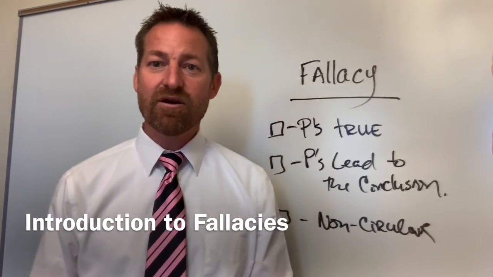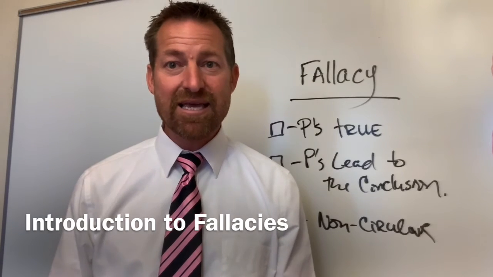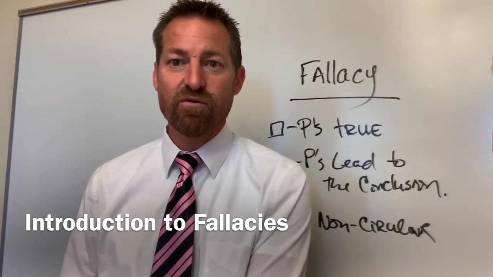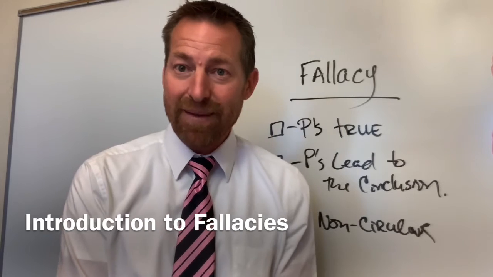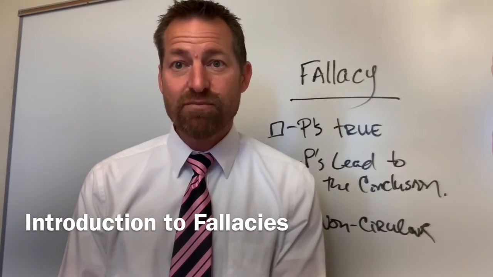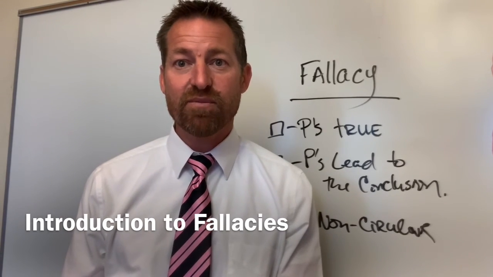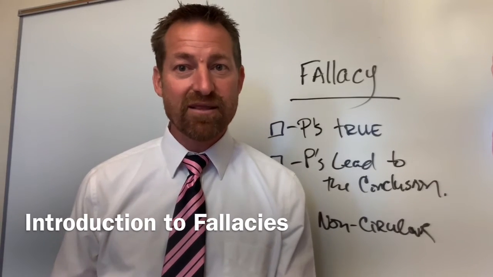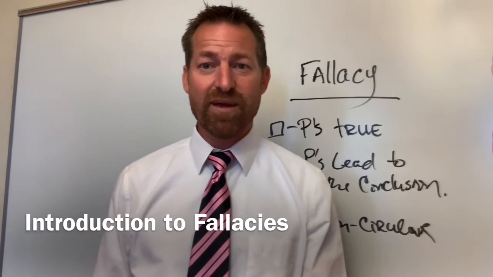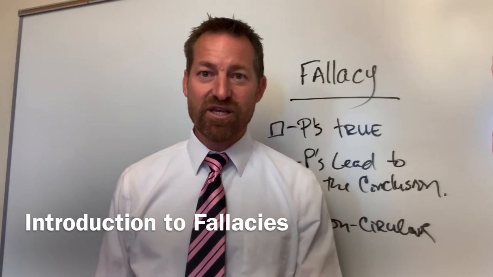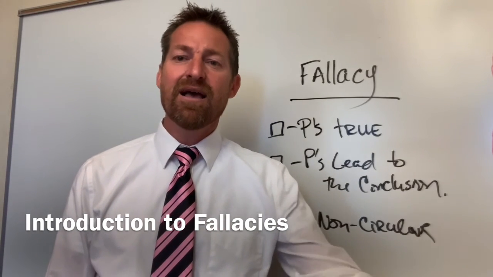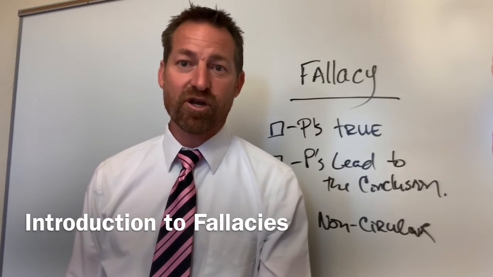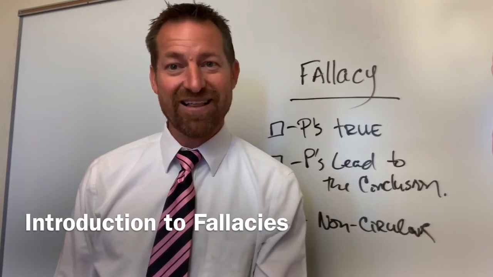When you recognize that an argument is fallacious, all you can say is that we shouldn't believe what they're arguing for on the basis of the argument that they're making. Their conclusion might still be true, but you just need a different argument to support it. It doesn't mean that they're wrong, it just means that the argument they're making is bad. So be careful that you don't just point out that something's a fallacy and then conclude that their position is bad or their conclusion is false. That would be the fallacy.